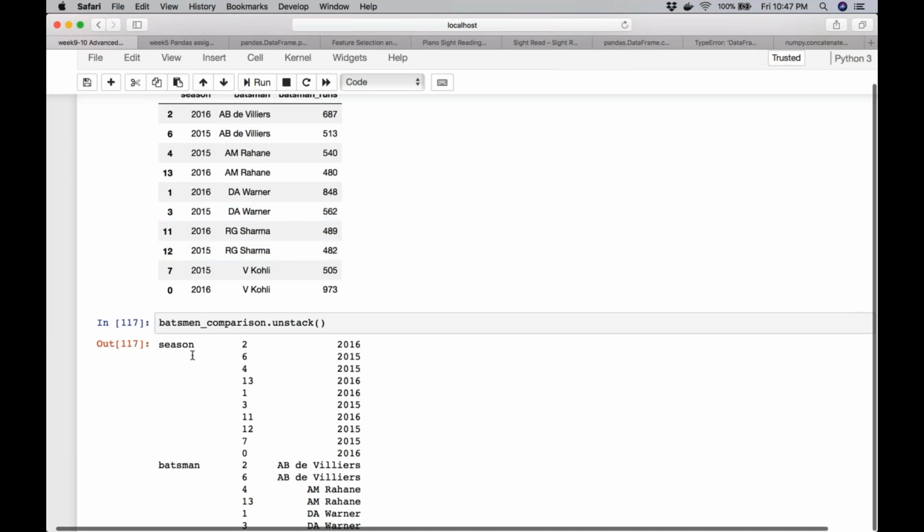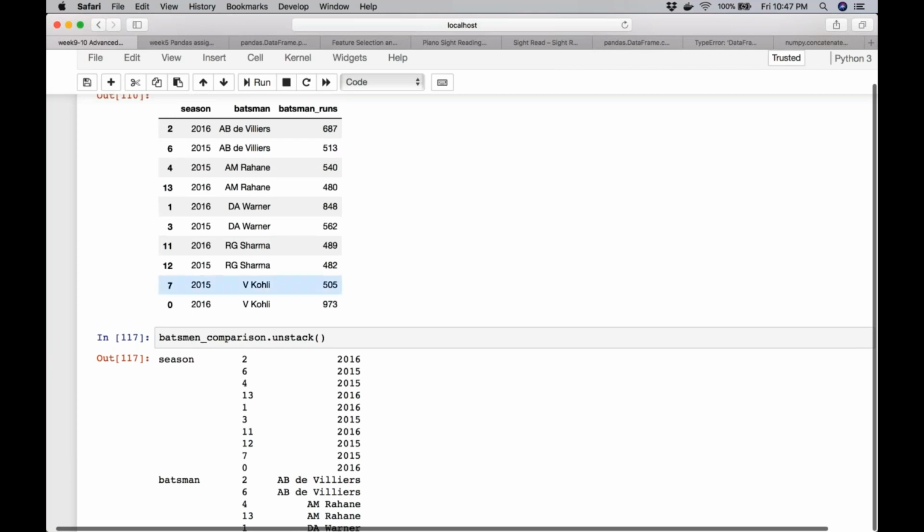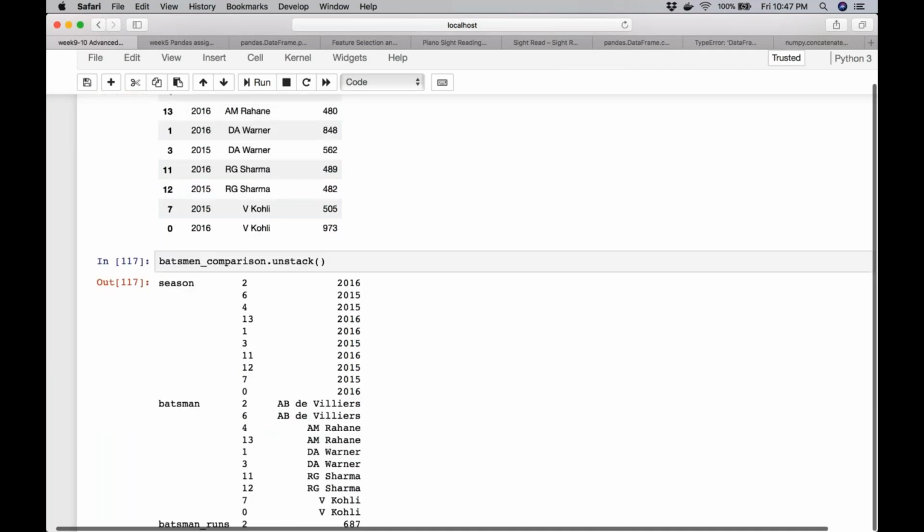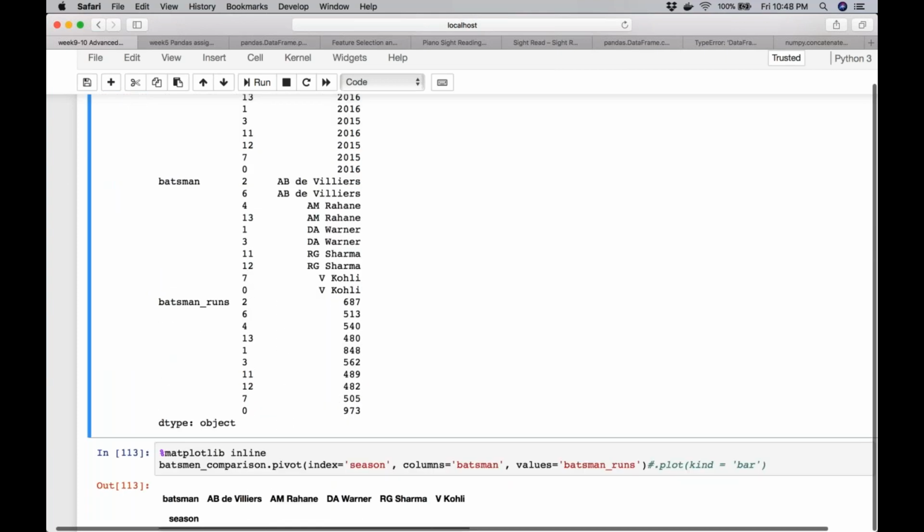Let's say we had only season and the batsman runs, then it would just stack. But here, because there are multiple columns, the stacking is using the season as the level 0 index, but unfortunately it is using the original index of the data frame as the level 1 index, and everything else it is just stacking. It stacks the seasons first, then all the batsman names, and then all the runs.